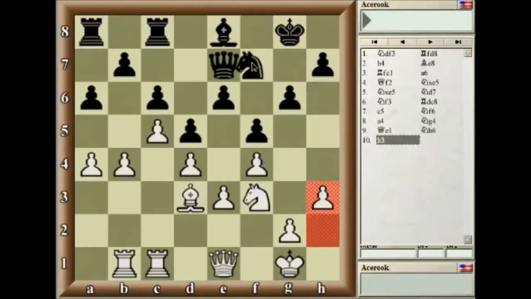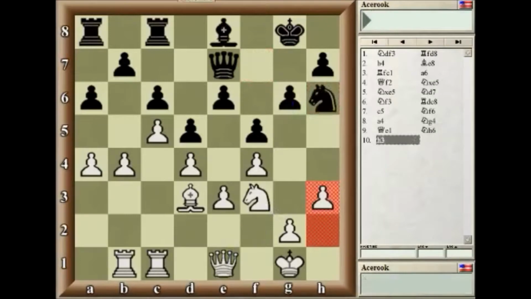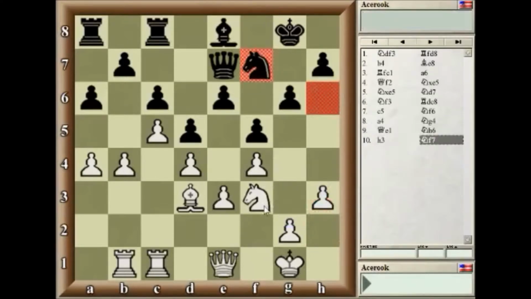And so should he go knight here and try to push for this, we could maybe prevent it with queen g3, but mainly just to close off the position. And actually slowly marching these pawns forward, you're gaining space on the king side. So after h3, knight f7, knight